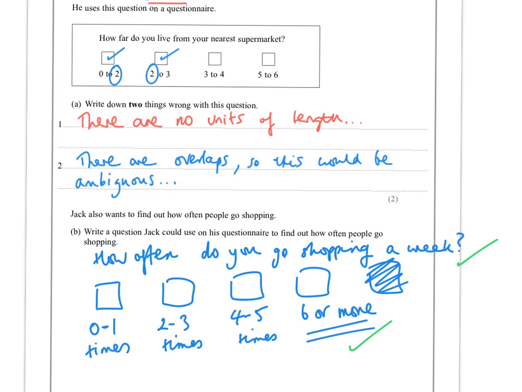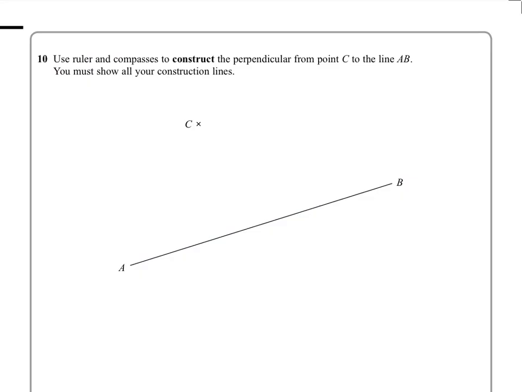Right, use ruler and compasses, both of which I don't have at hand, not on this computer package anyway, to construct the perpendicular from point C to the line AB. You must show all your construction lines. Well, I can give it a good go. I think by just looking, I'd put my sharp point here of my compass. So I'll put my sharp point here,